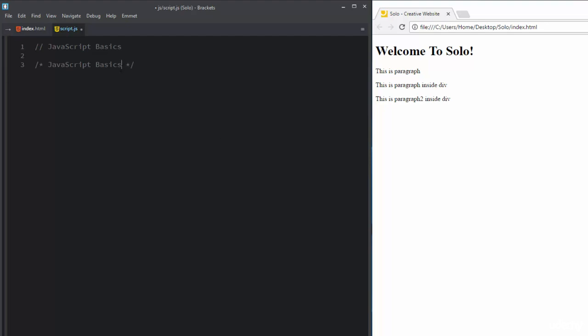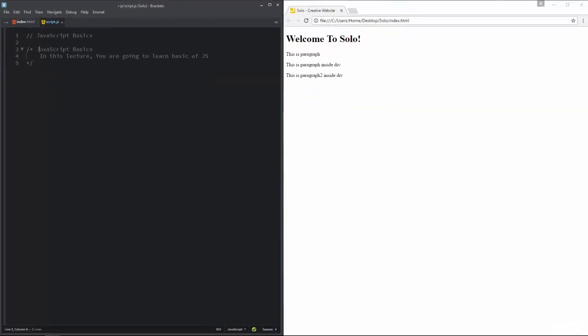So this way you can write multi-line comments. Let me extend this comment, like I'll say so this way you write multi-line comments inside JavaScript, and the text between these characters will be ignored by